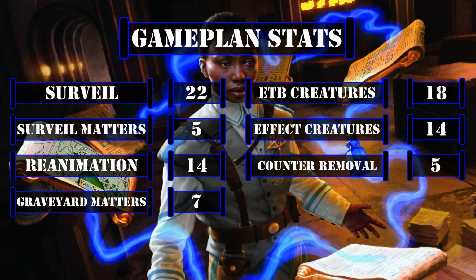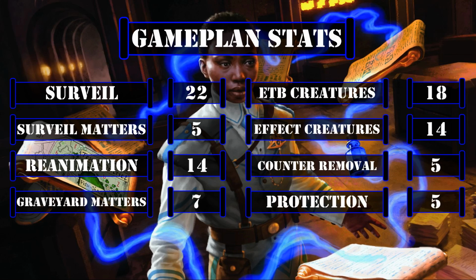5 cards that can remove finality counters from our creatures, and 5 cards that can protect our commander from targeting or removal, leaving us with a very solid surveil and reanimation focused build with a solid core of surveil sources to get our cards in the bin and empower our commander, along with a small payoff suite for it to generate us even more value, plenty of cards that can bring back or take advantage of our creatures in the bin, a robust gallery of reanimation targets with abilities that proc as they come down or as they stick around on the battlefield,